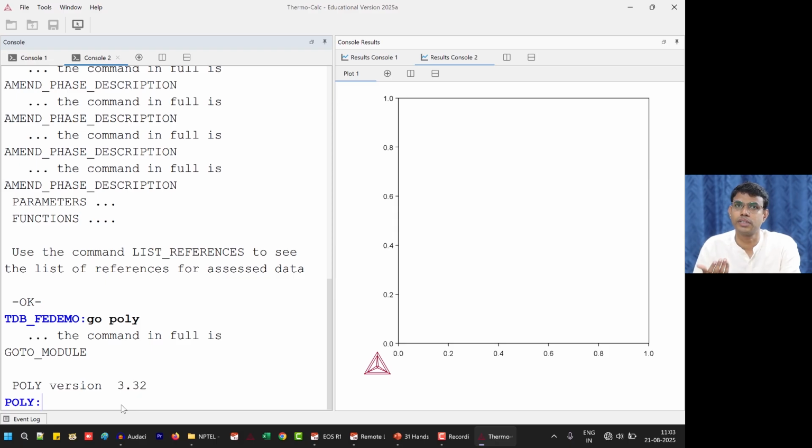If you entered something wrong, say WCR and WFE in the previous exercise, and you should not have entered WFE, you can say set condition WFE equals none. It means it is removed.